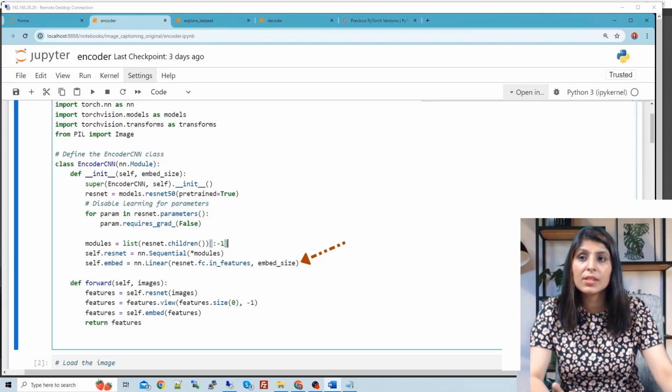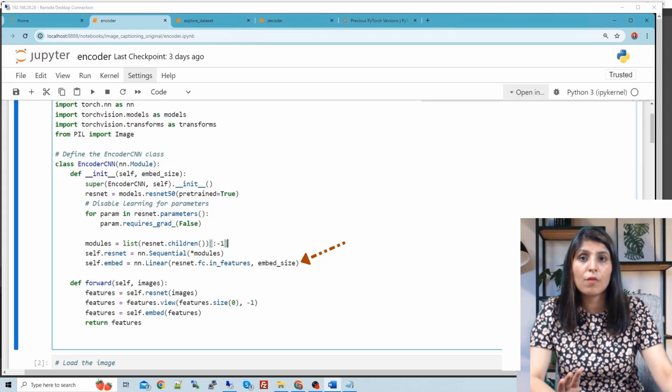The input to this is resnet.fc.in_features, which is the number of features output by the last layer of the ResNet. This will become the input to this nn.Linear layer, and here we are converting to an embedding vector, and the output size of this will be the embed size which we have defined here.